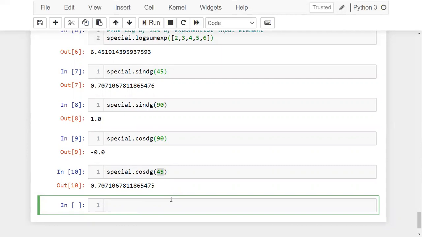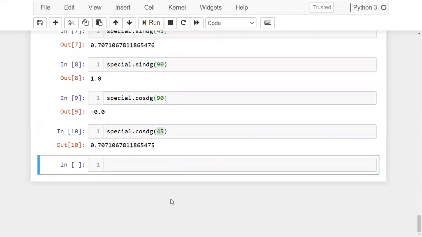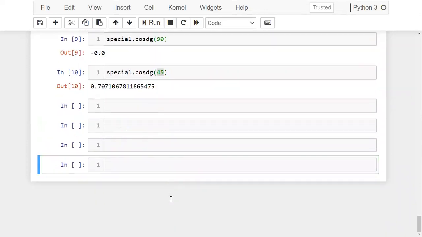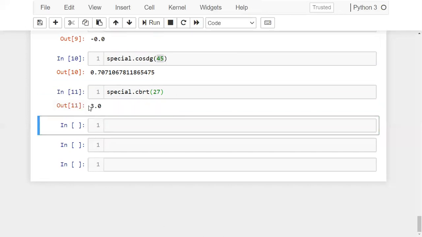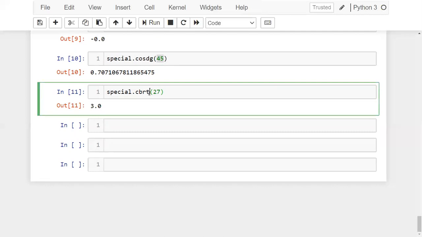Okay. So another function from this special package is cbrt. Okay. So we know sqrt, right? This sqrt will give you the square root of the given value, right? In a similar way, cbrt for cubic root. If I give 27, and this function is available from the special subpackage. Now, if I write cbrt, when I hit run, you'll get the cubic root of your given value.